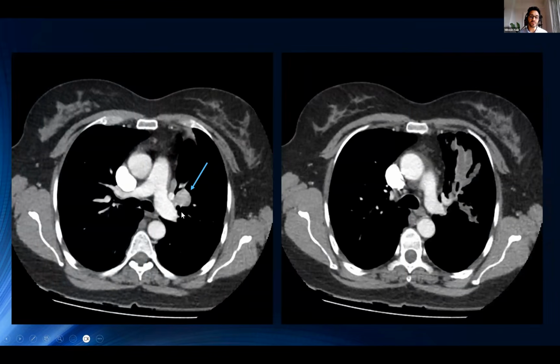Here we have an example of relatively arterialized, once again, contrast CT of the thorax. And here you can see a left perihilar nodule, which is quite well enhancing, which is causing bronchocele to form within the anterior left upper lobe. So you can see that it's obstructed that airway, causing fluid to accumulate within it.